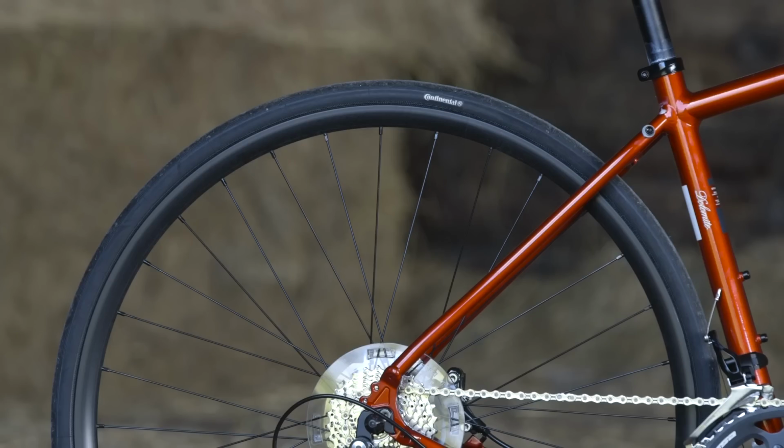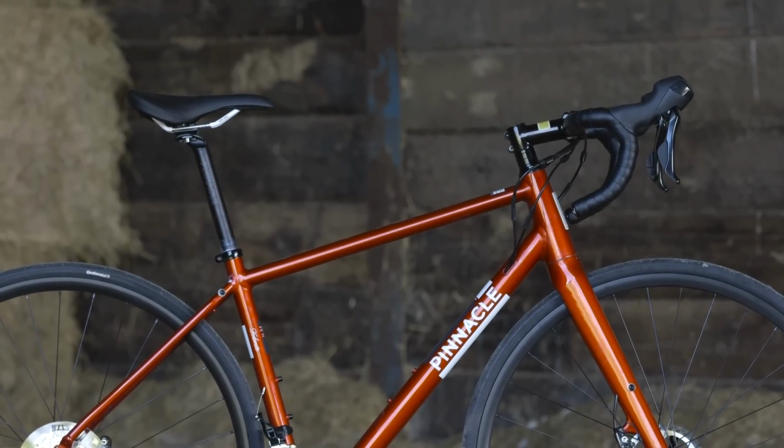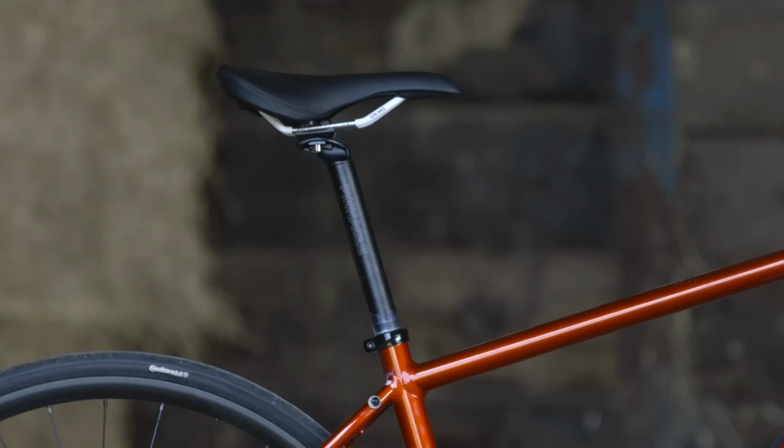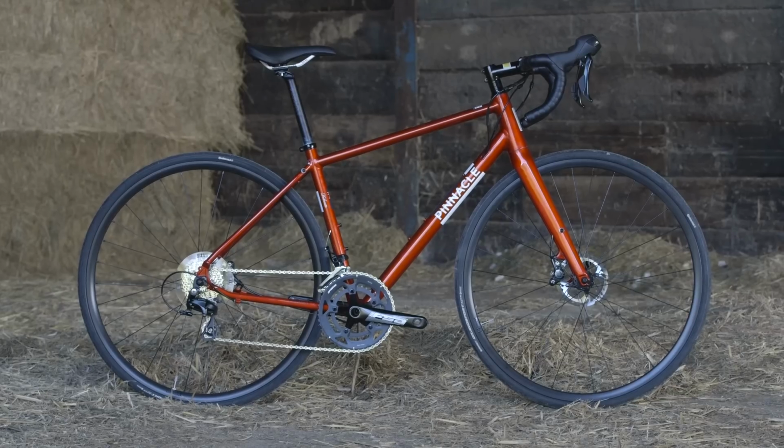you can. This women's version of the Dolomite 5 features women's specific design, so it's slightly shorter and more upright position than the unisex version of the Dolomite. While most of the testers found the bike quite pleasant to ride, we all found the saddle deeply uncomfortable. Now that is a personal matter, but the fact that quite a lot of us felt the same way is